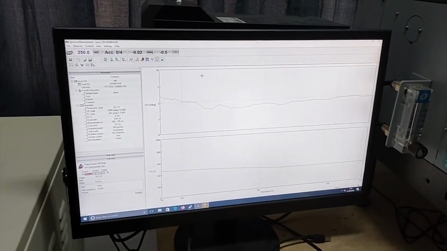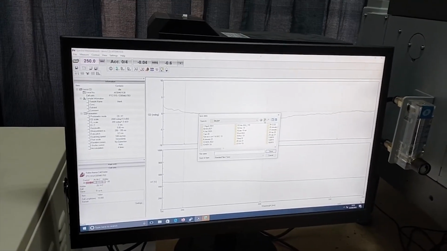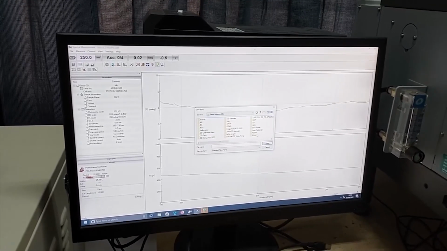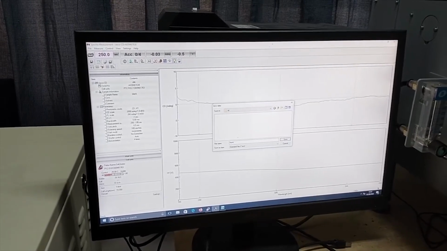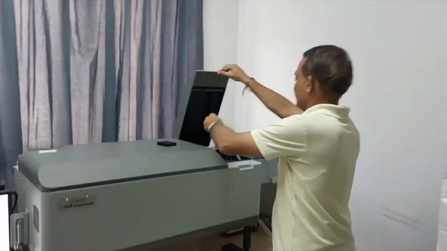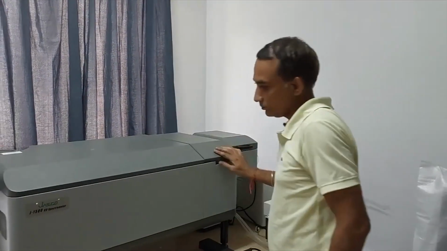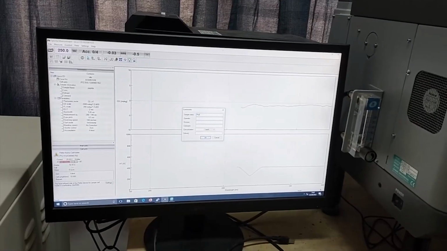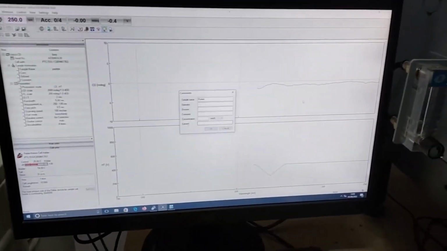So now this spectrum is recorded and we can save this data in some directory. Let me just save it as blank. Now I will be recording the CD spectrum for a protein which we expect to be largely alpha helical. Let us see how this spectrum comes. So this is a protein sample. I am putting in the protein. I click on OK and the spectrum will